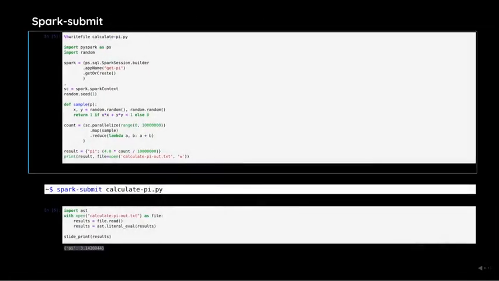Applications can be submitted to a cluster of any type using the command spark-submit and an accompanying script. The writefile magic function shown here saved the code in the cell as a Python script to be called by spark-submit. The file calculatePi unsurprisingly calculates pi, but more importantly, it shows an example of how to map a custom